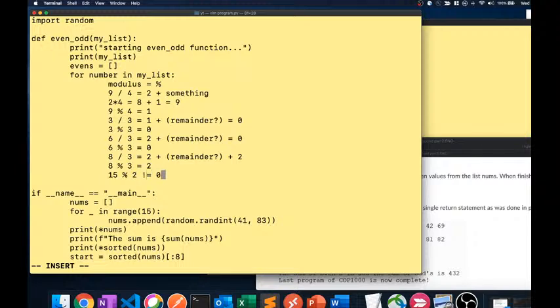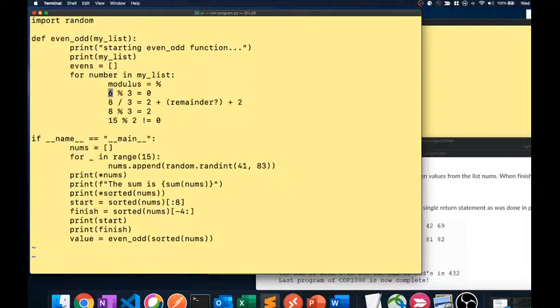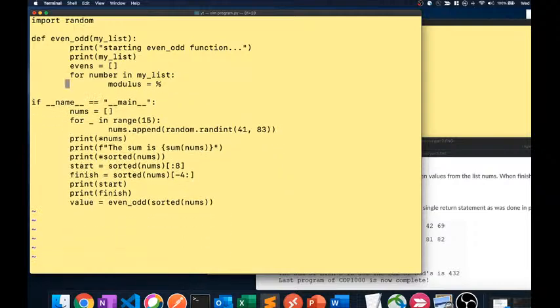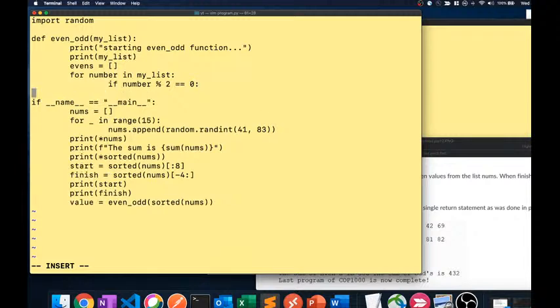So this is what we're going to use to determine the logic to evenness. I hope that makes sense. Let's see it in action. If number modulus 2 equals 0, so this means mathematically if the number is even,